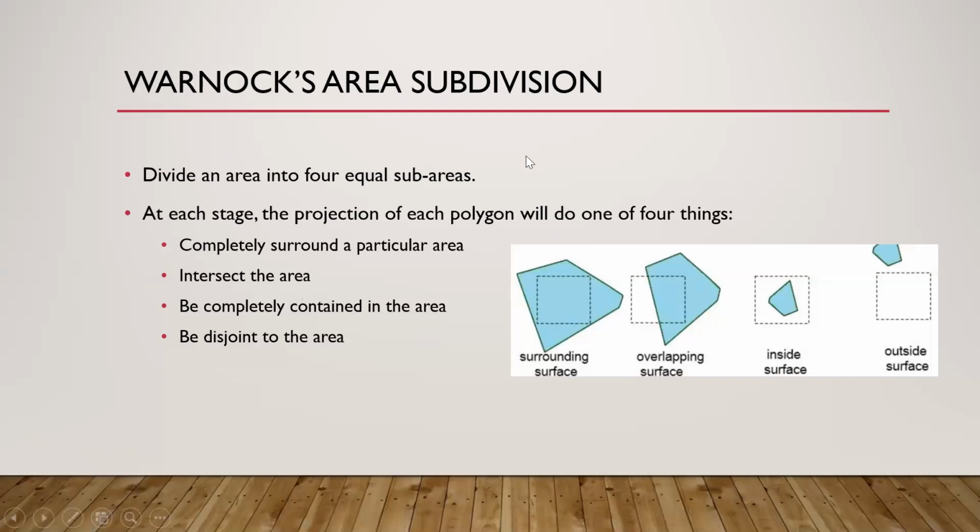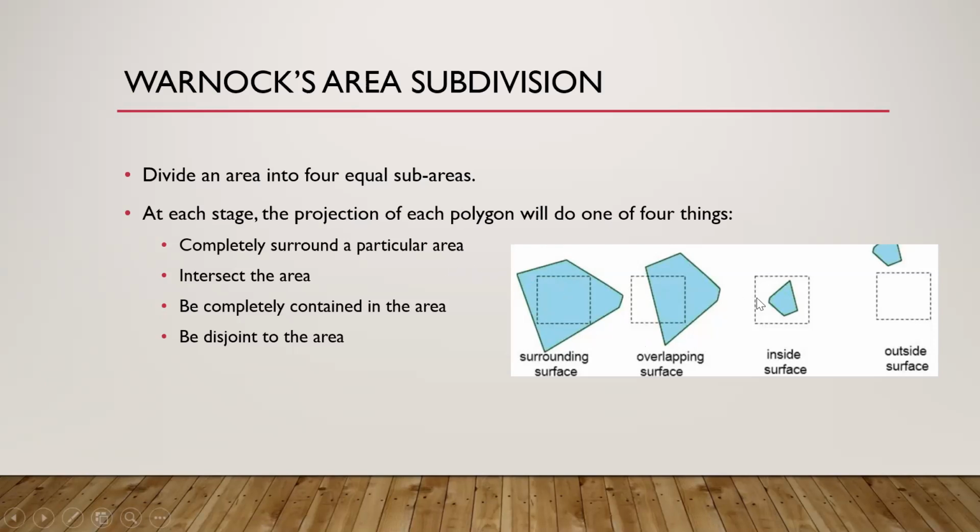The next algorithm under consideration is Warnock's area subdivision method. So this is again an object space method. Sorry, it's not an object space method, it is an image space method, because you're going to consider the final pixel. But how you take the pixel is, you divide the surfaces continuously, partition the surfaces continuously until you get a pixel which lies inside the area, or which lies outside the area, or which is surrounded by a particular area.